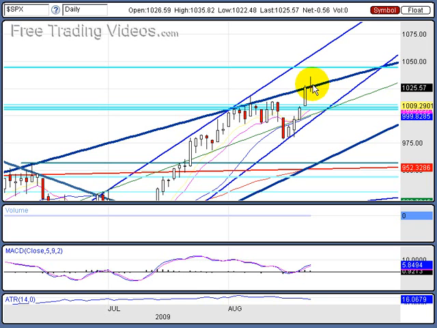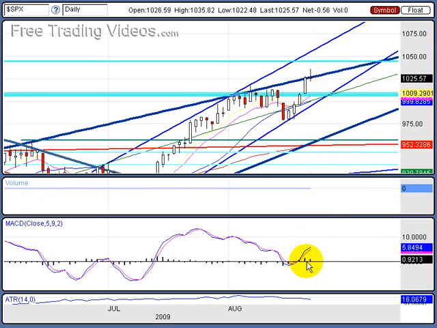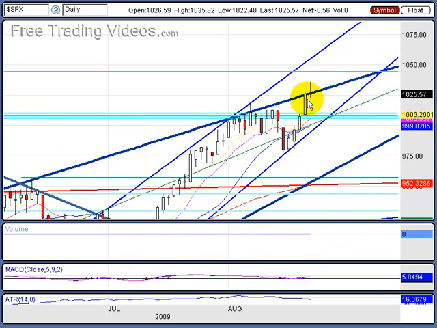But for us to heal, we need to get up over this trend line and close above it, and then we could still continue northbound with this leg that we're trying to develop. The MACD here is still positive, but we have a deceleration on the histogram. You can see it getting smaller, but we're still above the zero line, which shows strength. So tomorrow is really crucial on a close below that 1022 level. That's what I'm going to be focusing on. Could be a good day for some day trading.